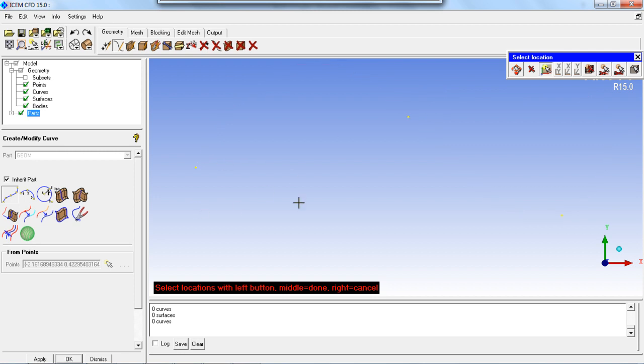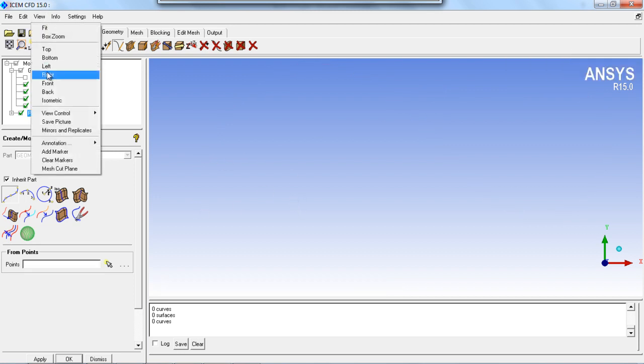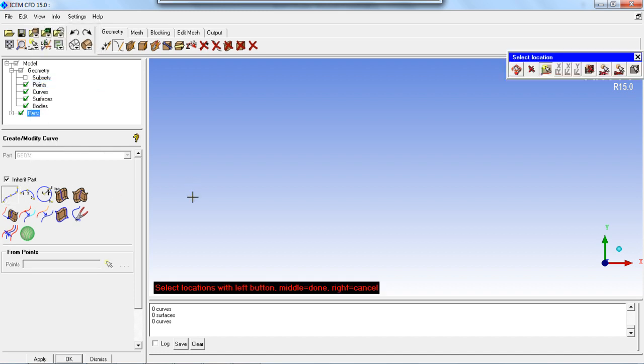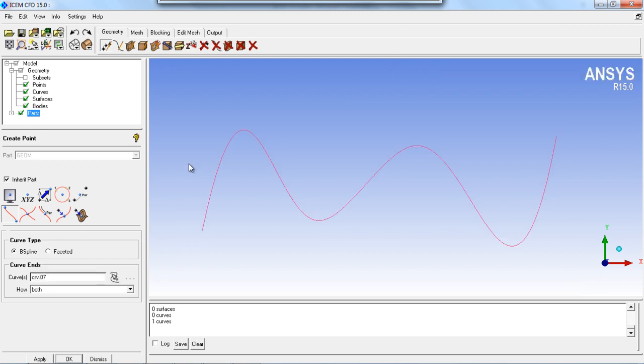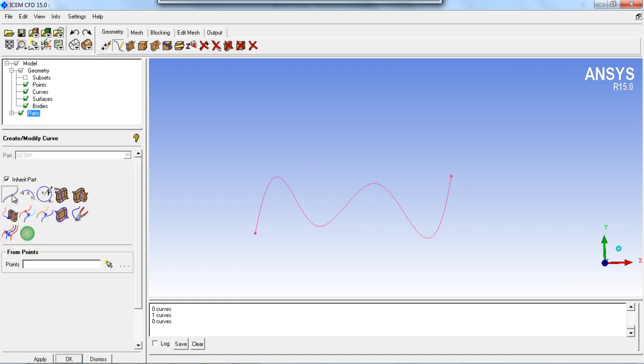Now you have many options over here. So first I will play with the screen selection. If I select 2 points, I will get the straight line. If I continue selection without confirming, just clicking the locations with the help of the left mouse button, I am getting some continuous curve. And where I want to end this curve, I need to press the middle mouse button, and here the curve will be ended. So I can get again the endpoints of the curve. Okay. Similarly, I can get another curve.